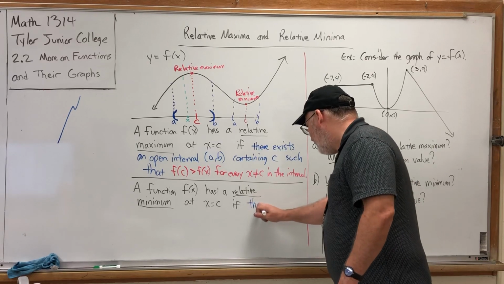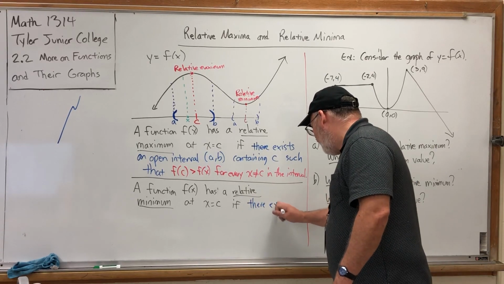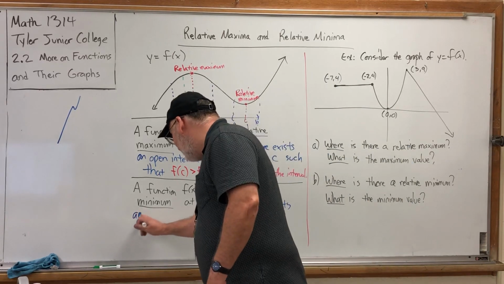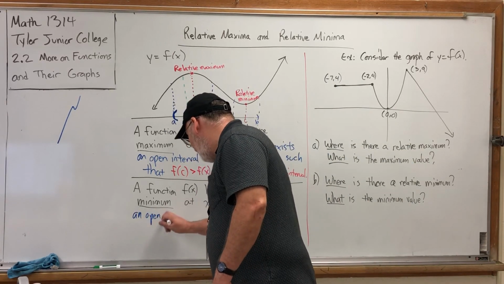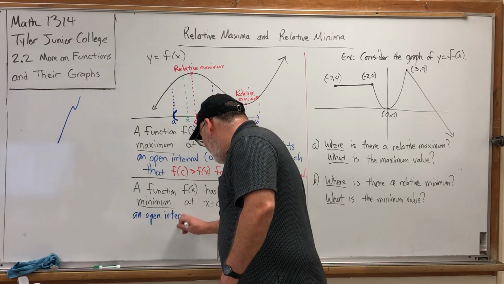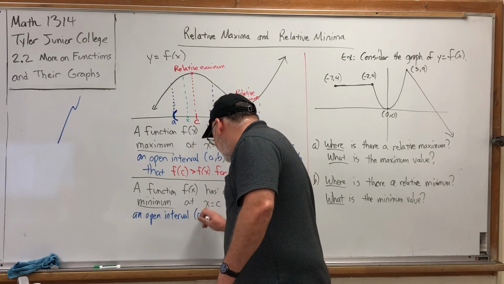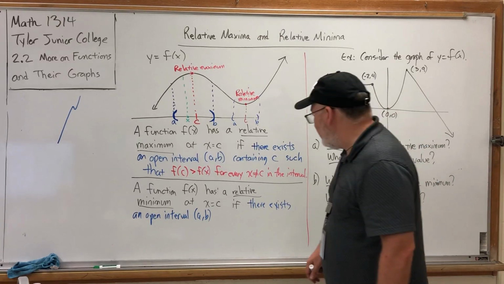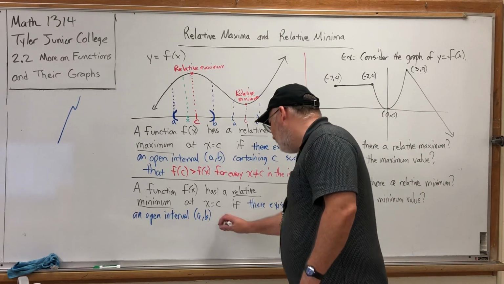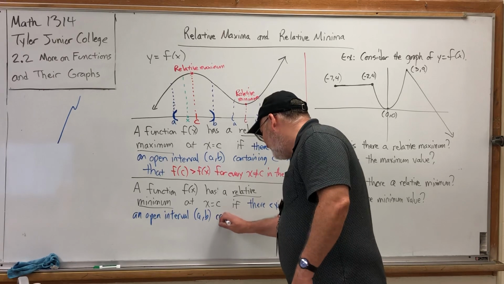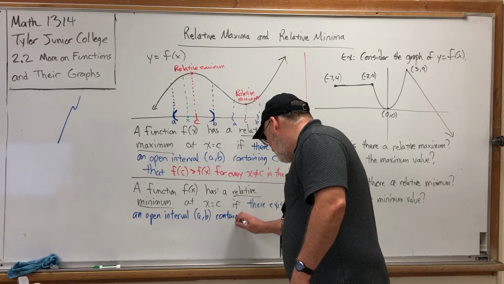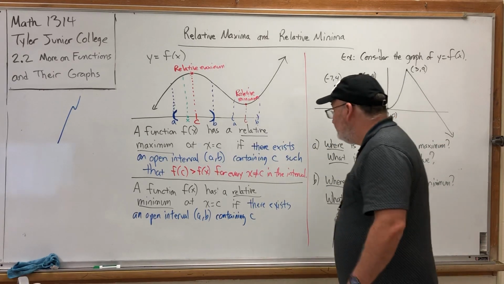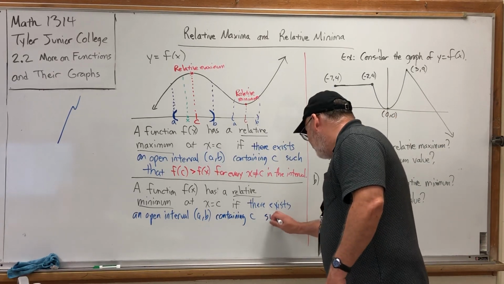If there exists an open interval, and again, we'll call it a to b because I want to make the definitions as similar as possible, except where necessary. There exists an open interval a to b containing c. So c is bigger than a, but less than b, such that